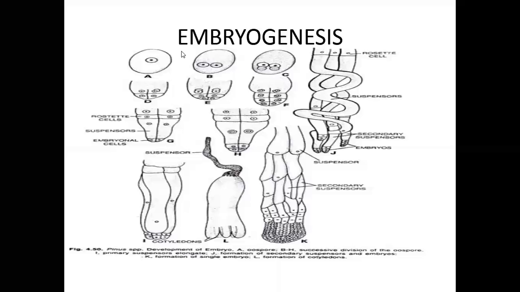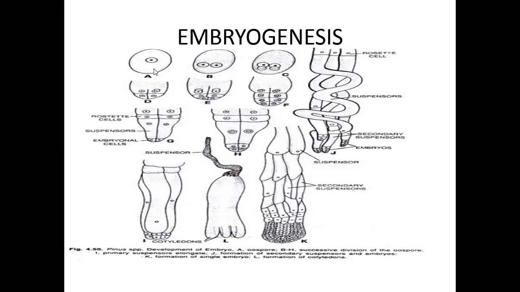Male and female gametes are fused during fertilization. After fertilization, a diploid zygote is formed in the female gametophyte, or in the Pinus ovule. The diploid zygote develops into a complete embryo.